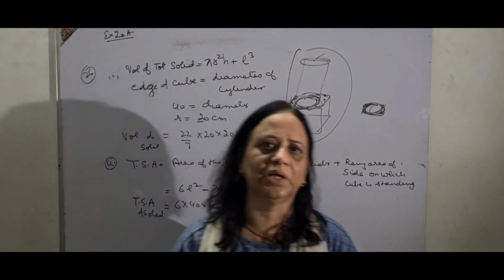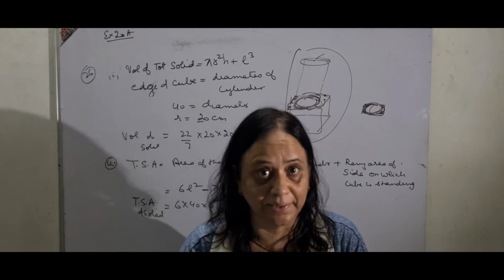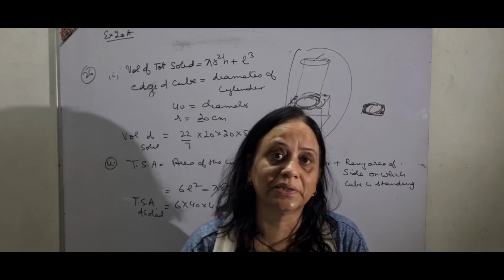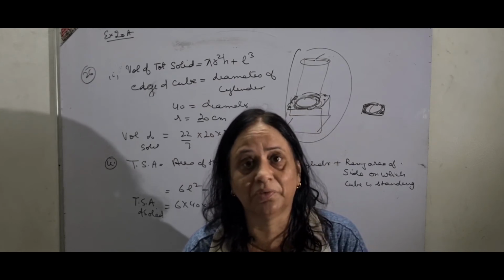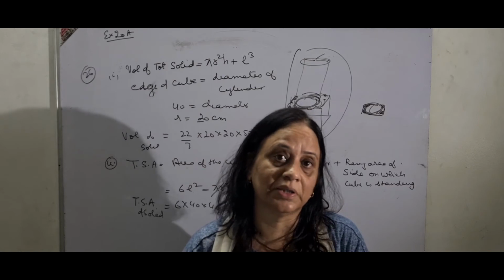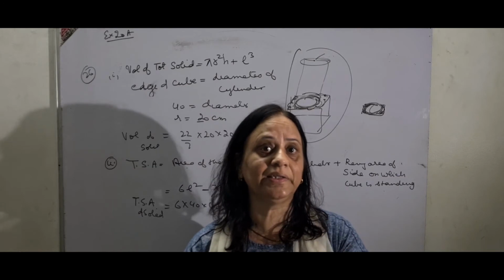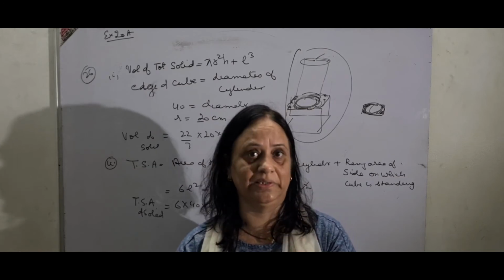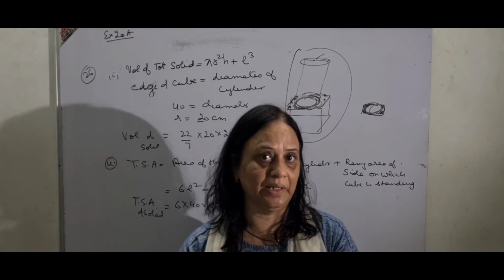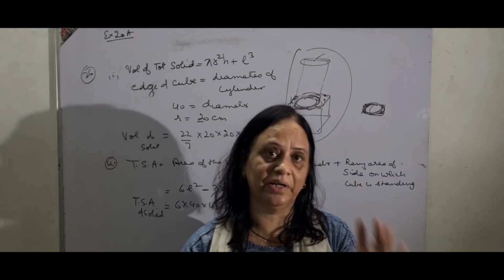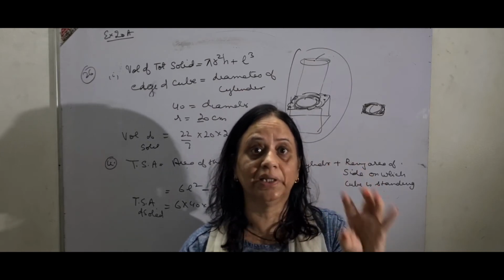Remember children, volume you can easily find by adding or subtracting the volume of one solid from another, but where total surface area is concerned, you have to go surface wise. You cannot just subtract the total surface area of the cylinder from the cube. You have to go very methodically, considering each and every surface one by one, so that it is very clear which surface is to be taken, where the remaining area is to be taken and where the full area is to be taken according to their shapes.